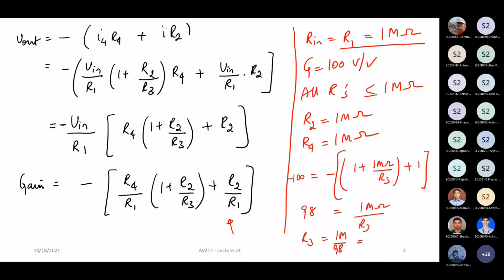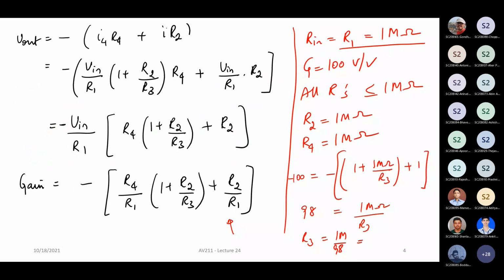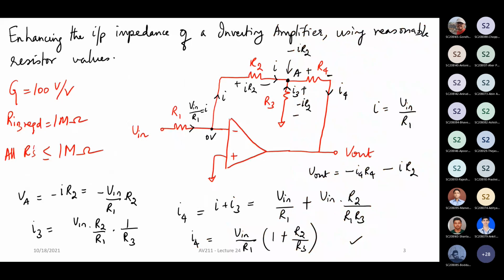All right. Now, this might just look like some mathematical jugglery, but let us try to understand what is the mechanism. What is it that is actually causing this gain to come? Let's try to get an intuitive understanding of how the circuit is able to provide us with the gain while not using very large resistors. Now, the whole key here is R3, right? All the other resistors are of the same value. You can take them to be different and then solve it also. That is not a problem. But the main thing is this R3.